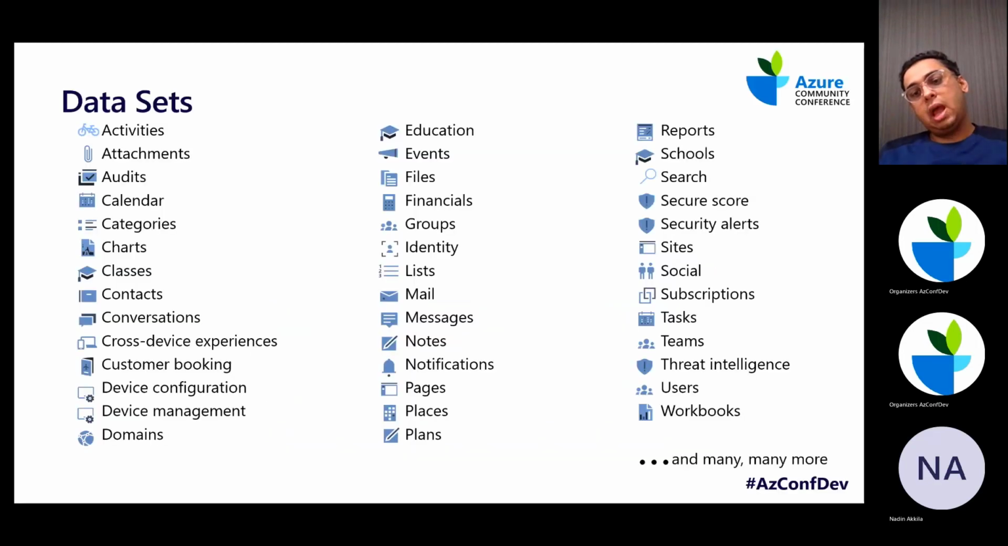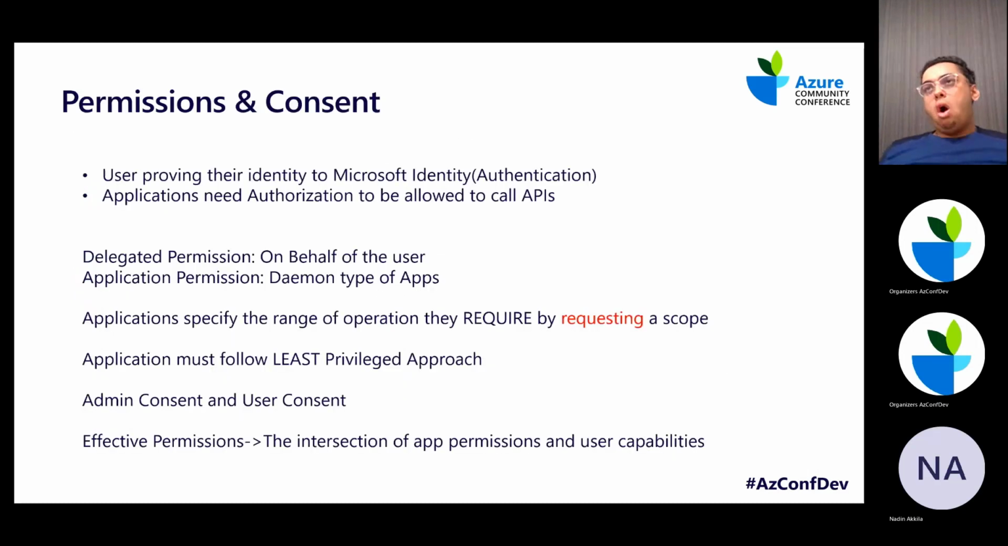I have just captured some of the most important data sets. There are many, many more, but essentially we call into these data sets. All right. In order to call the Graph API, one of the four most important concepts is permissions